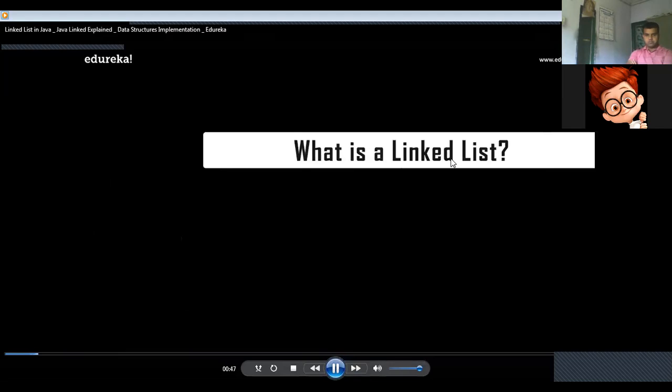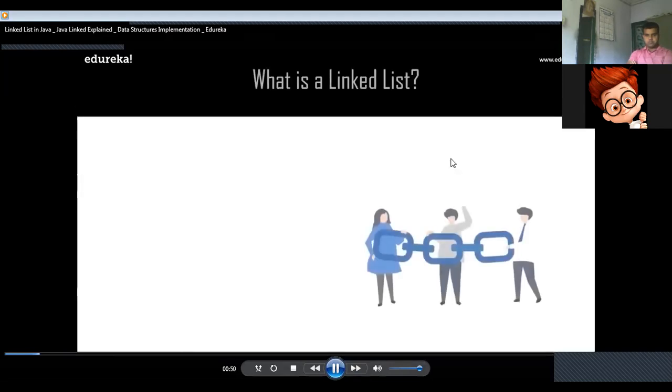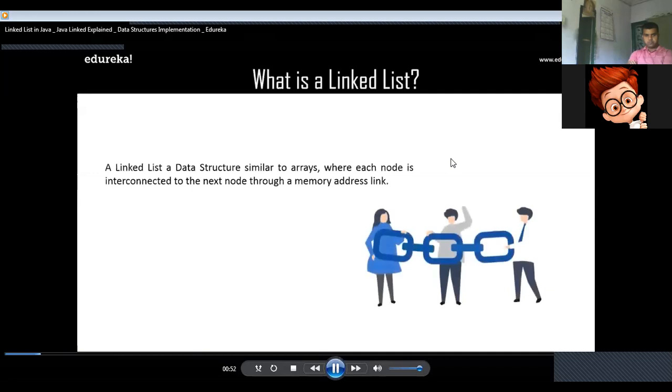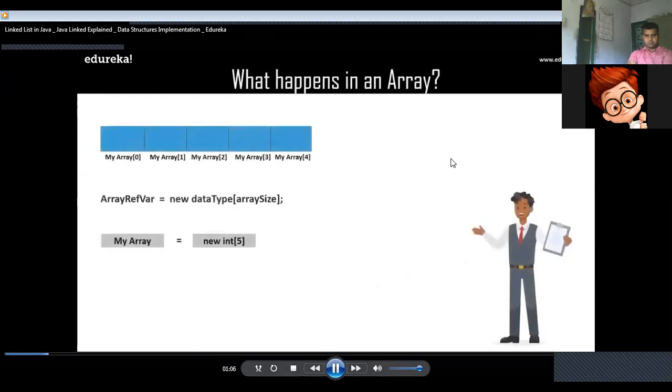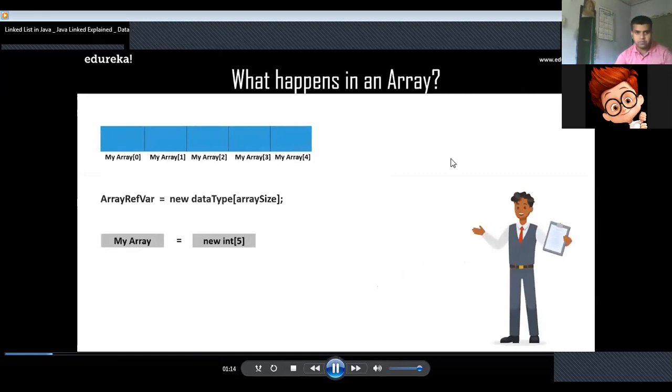What is linked list? A linked list is considered as a data structure similar to any other data structure like arrays, stacks, and queues. The linked lists have three major parts: head, tail, and node. Every node in the linked list is interconnected using the address of the next node. Before we get started with the linked list, let us understand the terminology of array. Before using an array, we actually reserve the memory blocks in the memory to store the data in order to